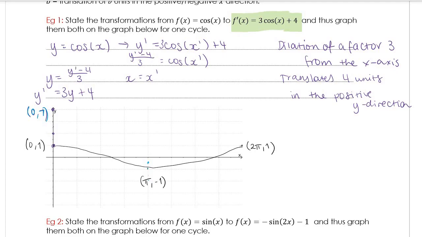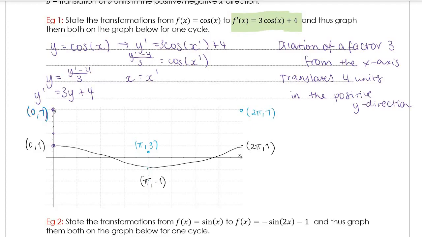So we actually end up at positive 1, okay? Because I'd be at negative 3, and I'm going to move 4 units up. That means my new coordinate is going to be pi, 3. And then same thing, 2 pi, 1. Our y coordinate is going to have the same thing done to it. We'd end up at 2 pi,